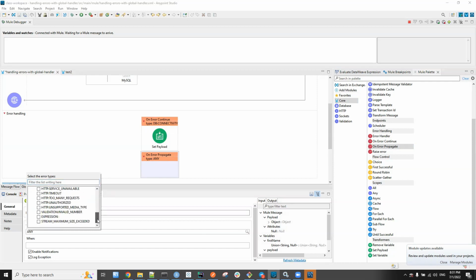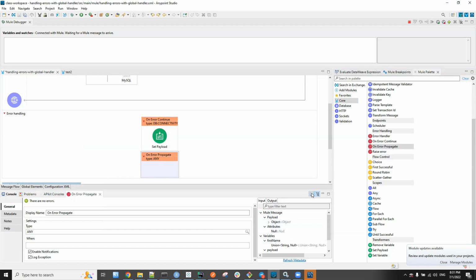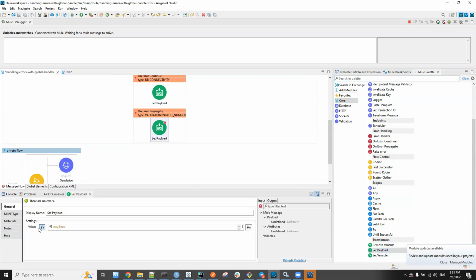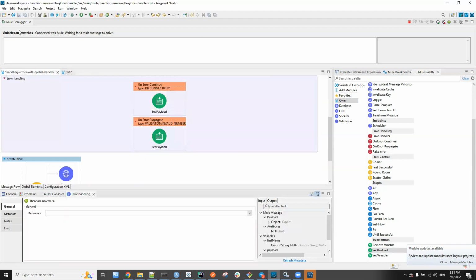So under validation invalid, we have this invalid number, VALIDATION:INVALID_NUMBER. And add some payload, and the message, please provide an integer ID, for example.